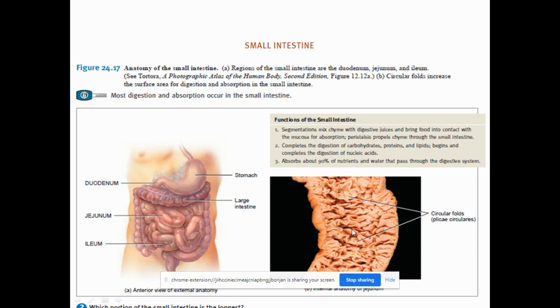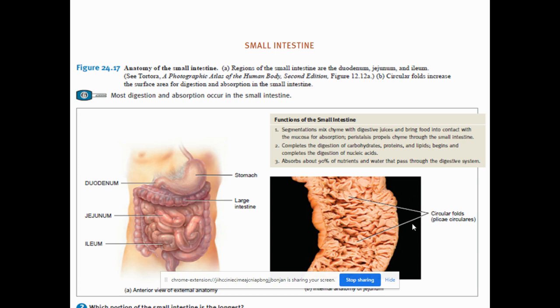So the inner wall of the small intestine, you cannot even see the lumen. See, it is the inner walls of the small intestine, starting from the duodenum. The diameter of the duodenum is around 12. That is the 12 inches. Okay, sorry, 12 centimeters. It is the width of 12 fingers when you keep them together. This is the length. Okay, that is the diameter of the duodenum.